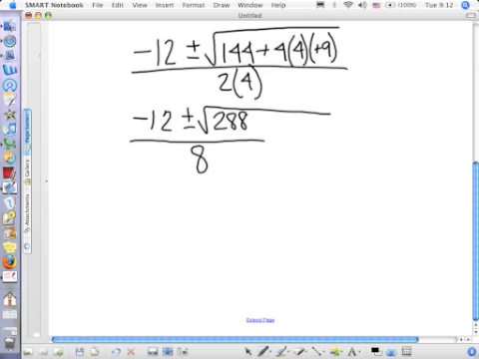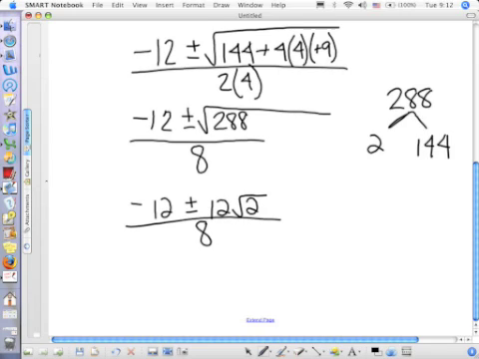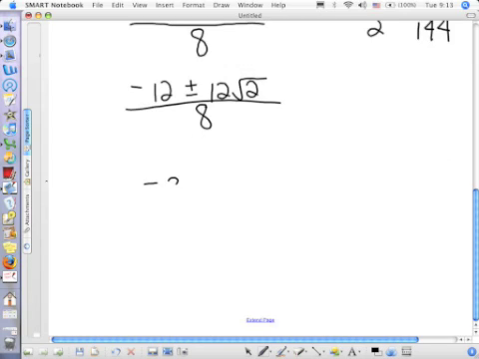Now when you're dealing with a radical, you have to simplify. Okay, and this is not that hard because isn't 288 2 times 144? And what's the square root of 144? 12. Now, if 12, 12, and 8, because they're all whole numbers, can all be reduced by the same number, then we need to reduce. 4 goes into all 3 of those numbers. So your final answer is negative 3